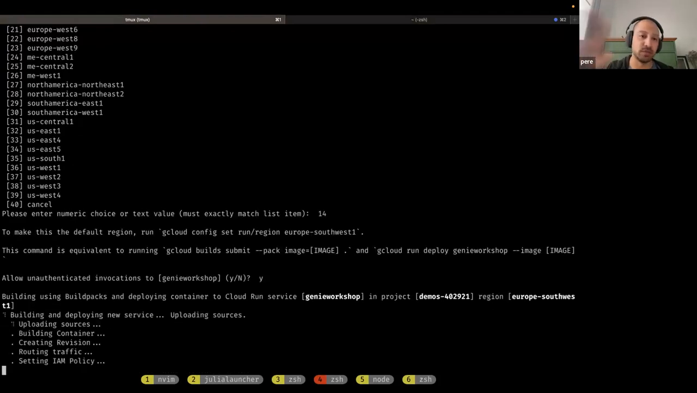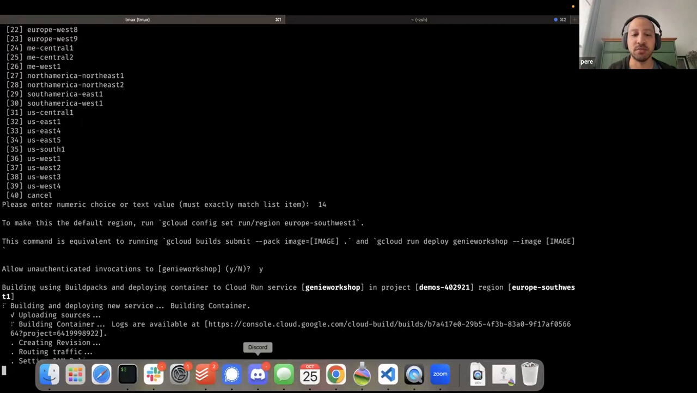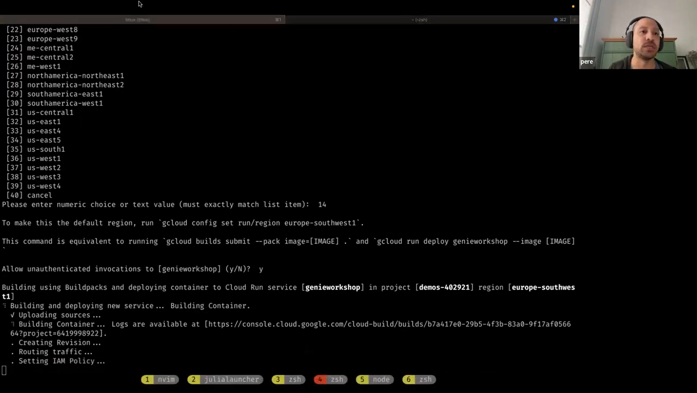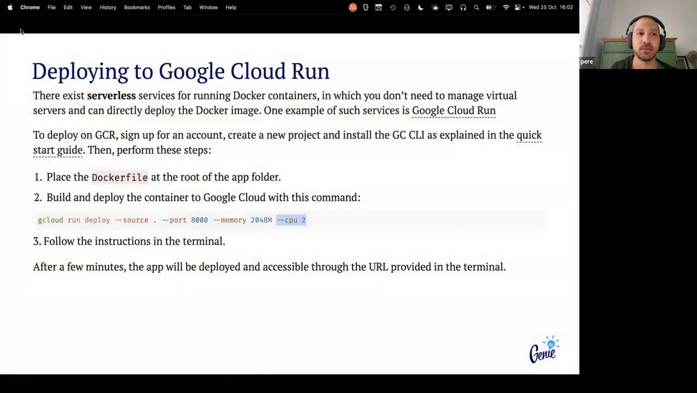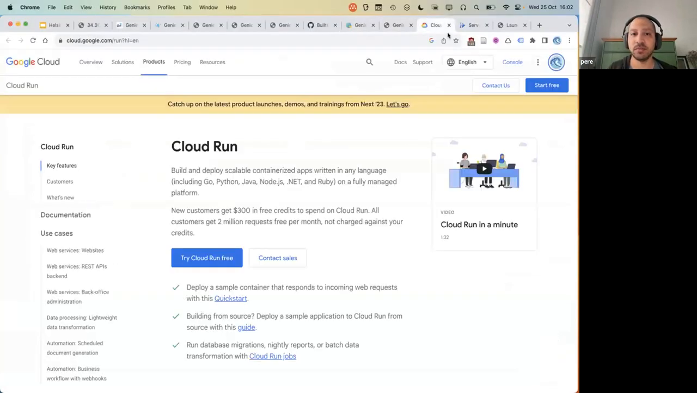It will build the image on Google servers, deploy it, and once it's done with the deployment, it will give us a link here so that we can access our application. We go to the Google Cloud console. We can see